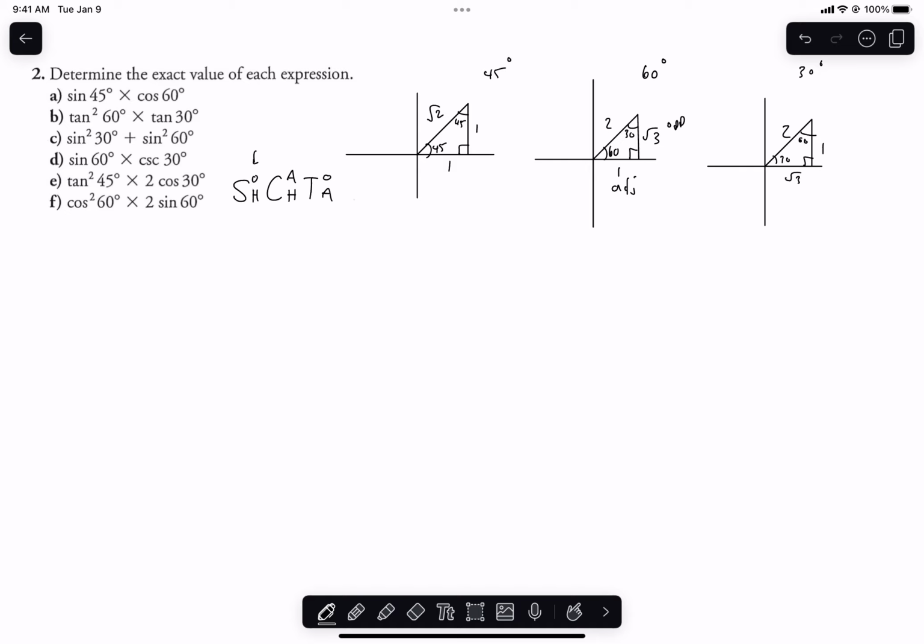Okay, so this is number 2 off of that review, the extra practice. What I've done is I've copy and pasted the special triangles that we developed in number 1, just because we're going to reference them here in number 2. So if I take a look at question A,